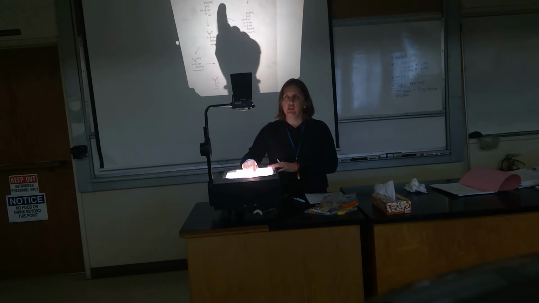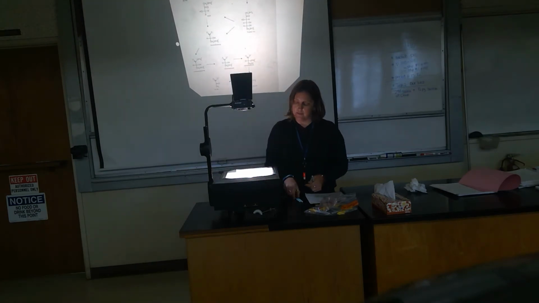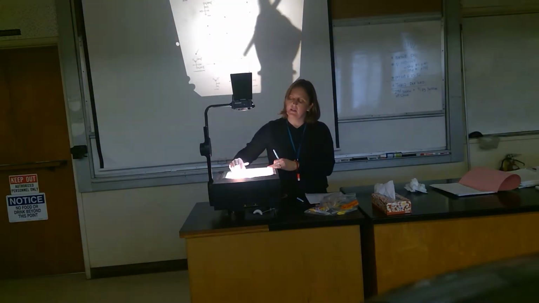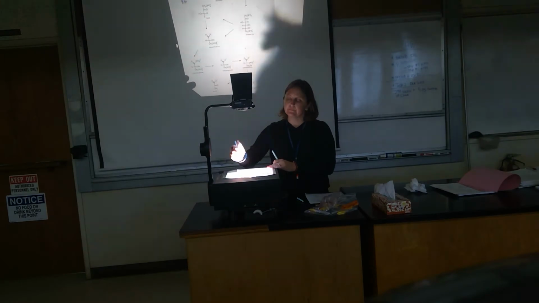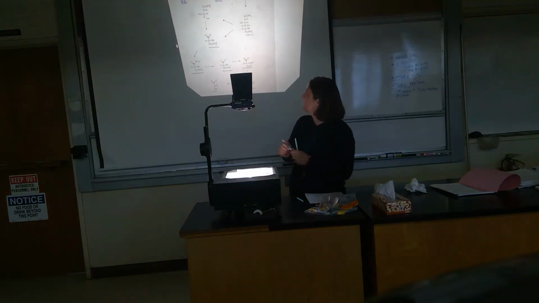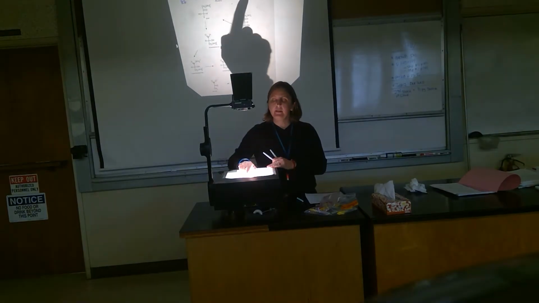What do you see changing here? So we're going from glucose 6-phosphate, which has 6 carbons, and we're going to fructose 6-phosphate. So how many carbons in fructose 6-phosphate? 6. Still 6, so we're not losing any carbons. Okay, that's important. We're going to pay attention to that too. And the phosphate group isn't changing.